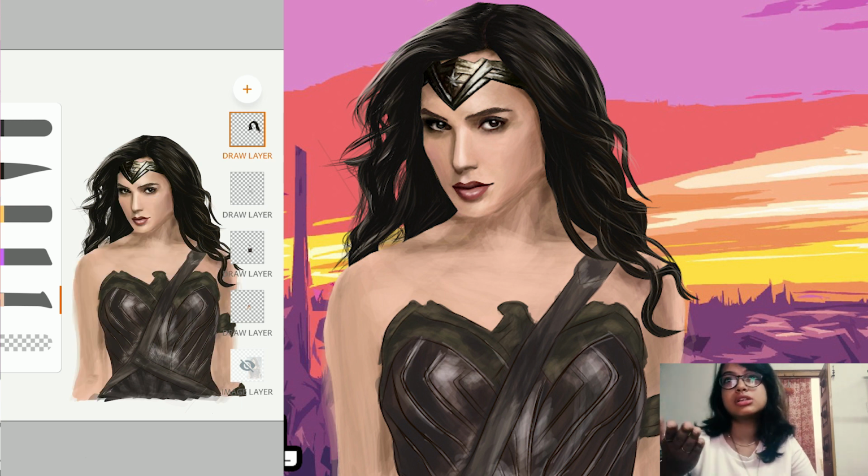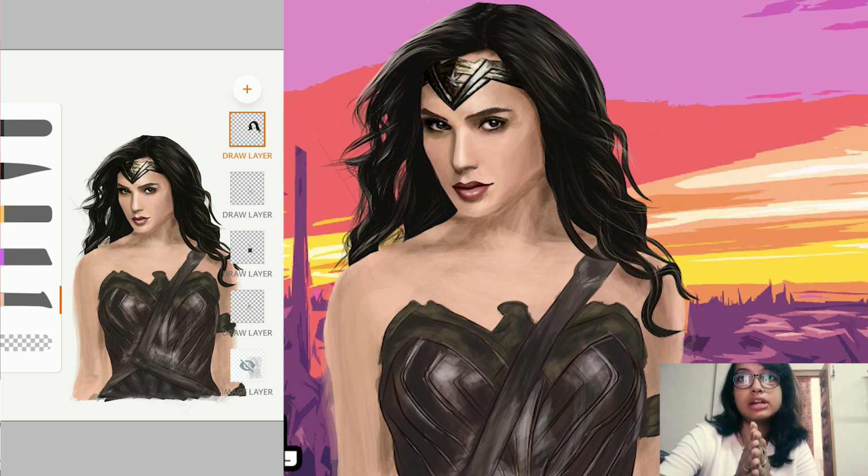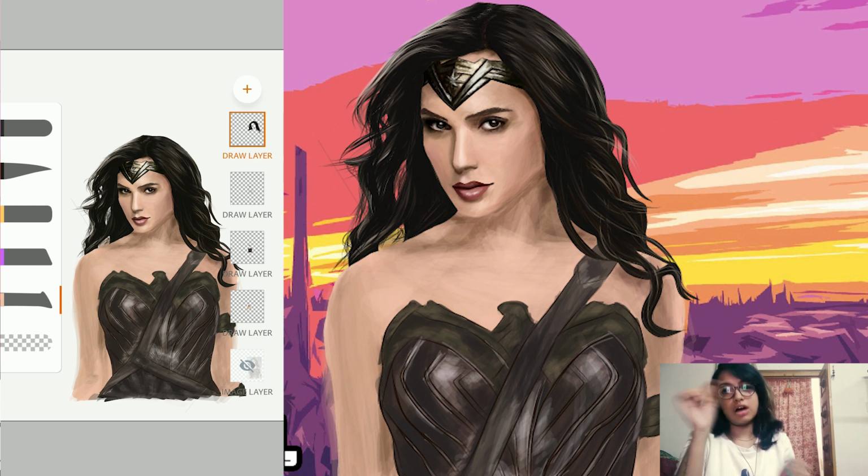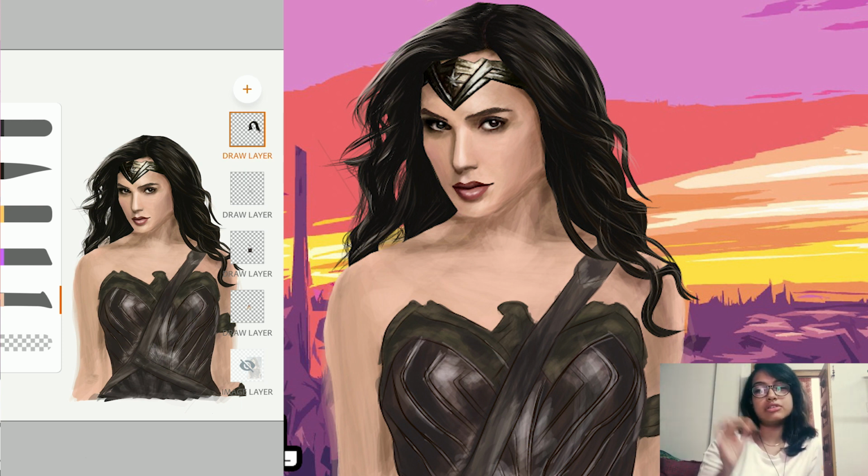And now here comes the skin. See, now the skin is specifically done in one layer again, so that if I screw this up, I can manage by clearing things up and redoing it. But this is really, really hectic, since it is a lot of skin I had to do, and as I mentioned before, that is the most hectic part for me. So I did the base color first. I outlined it, gave it the base color solid, and then I tried to shade it.